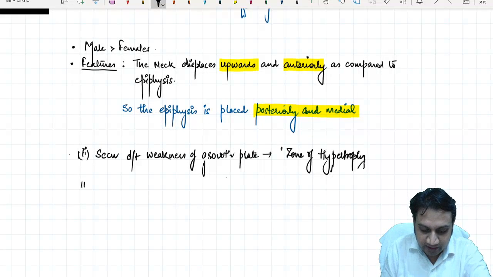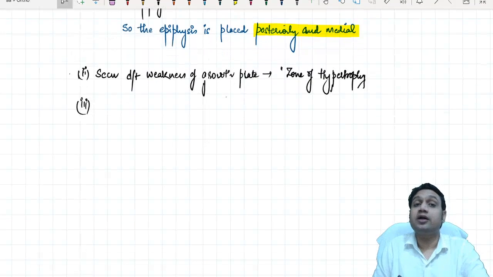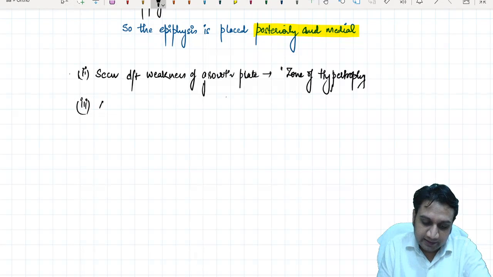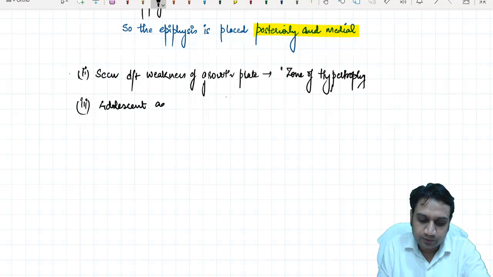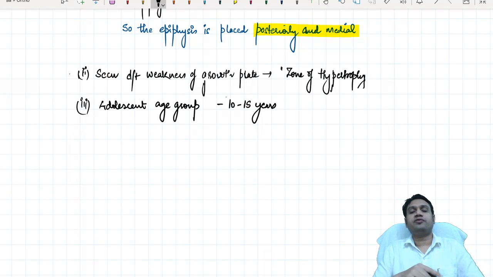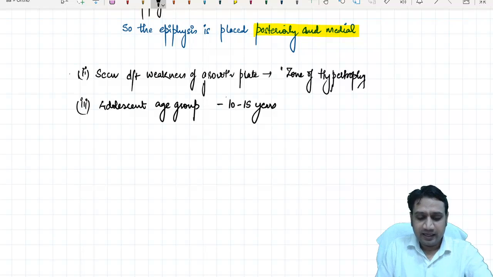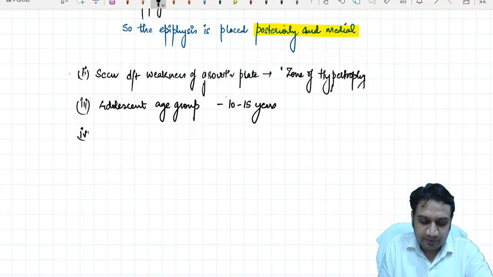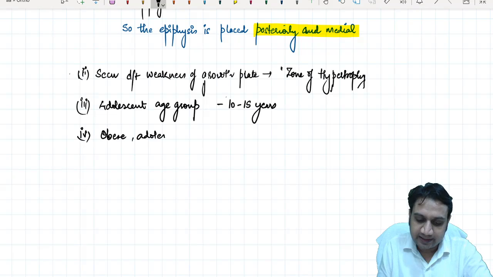Okay, point number 3. This is more commonly found in the adolescent age group, right? So the most common presentation, when the child can come to you, is somewhere between 13 to 15 years. That is, 10 to 15 is a common age, right? How will the child be coming to you? What will the presentation be like? So an obese adolescent child presenting with,